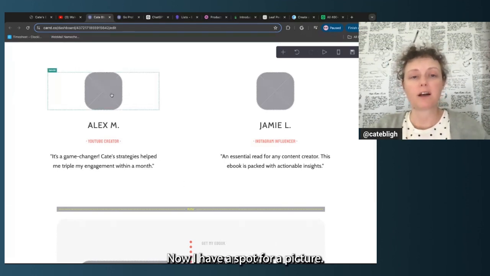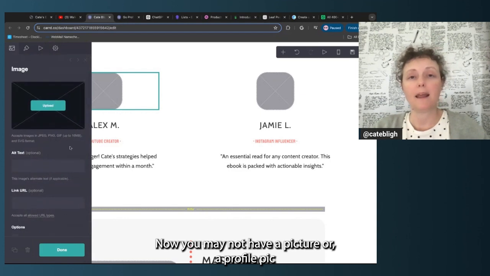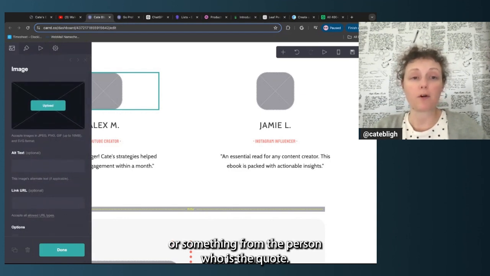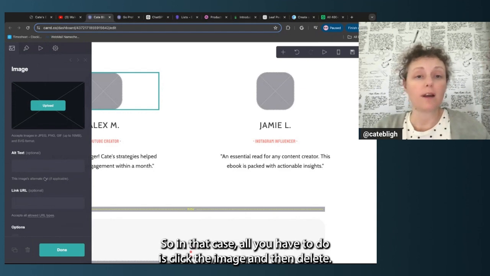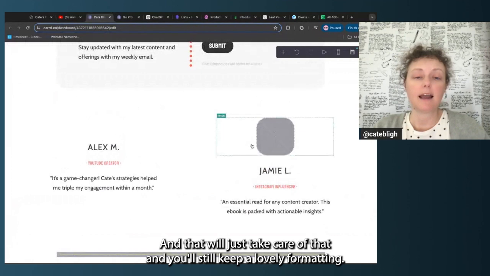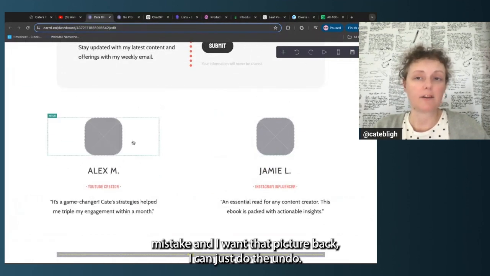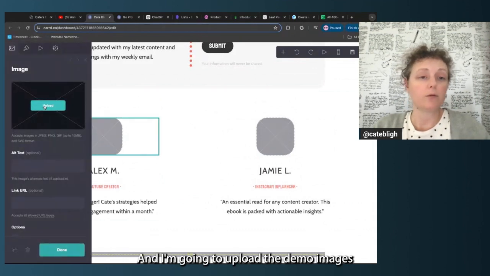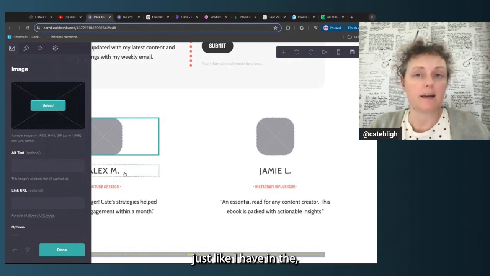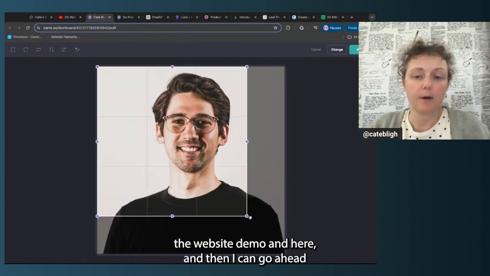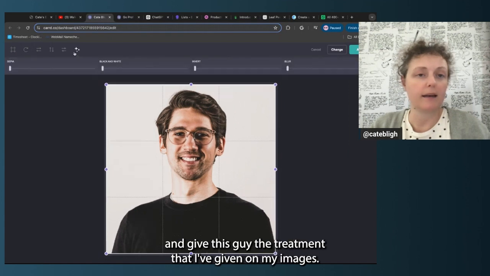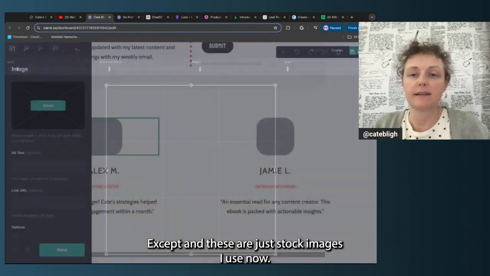Now, I have a spot for a picture. You may not have a picture or a profile pic from the person who is the quote. In that case, all you have to do is click the image and delete, and that will take care of that, and you'll still keep a lovely formatting. Now, if I made a mistake and I want that picture back, I can just undo, and I'm going to upload the demo images just like I have in the website demo, and then I can go ahead and give this guy the treatment that I've given all my images, accept,